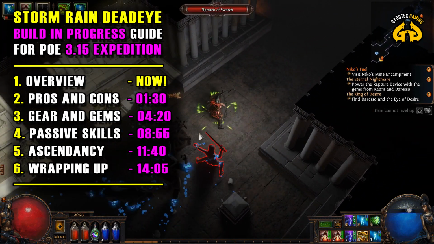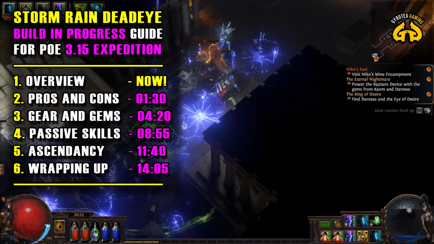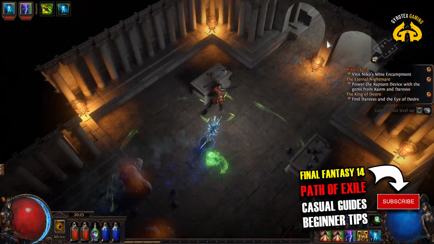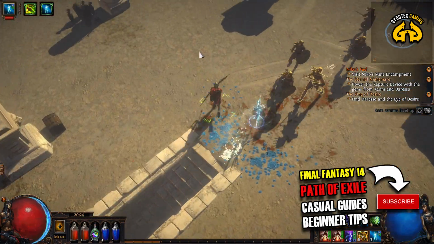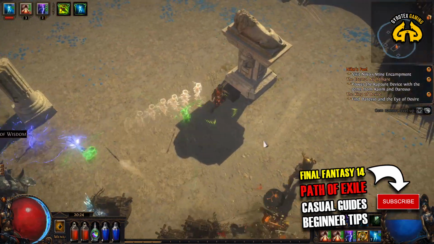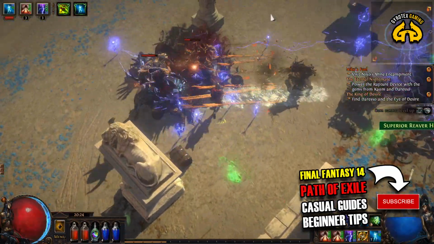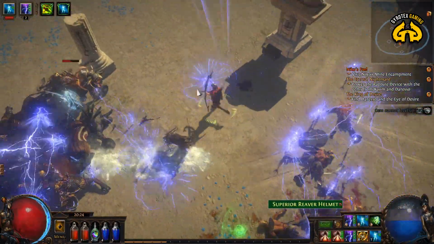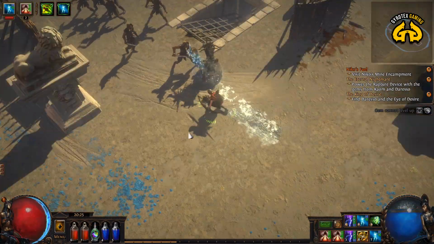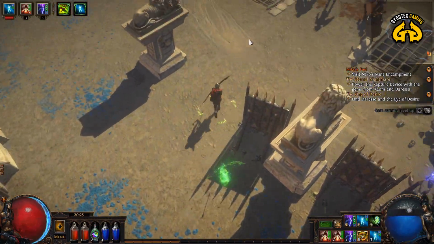Today we are talking about Storm Rain Ranger, Deadeye Ascendancy specifically. Storm Rain is a new skill added to Path of Exile in the Expedition League 3.15. It's a pretty fun looking lightning AoE attack, where you fire volleys of arrows into the sky and then they land and start firing lightning beams between themselves, forming this electrified grid or field that damages any enemies that are